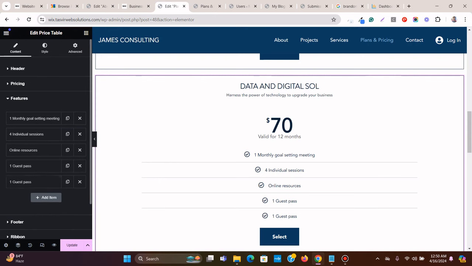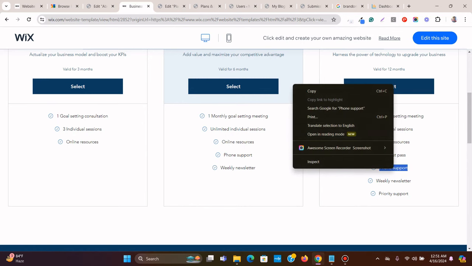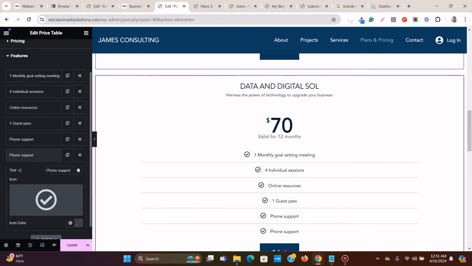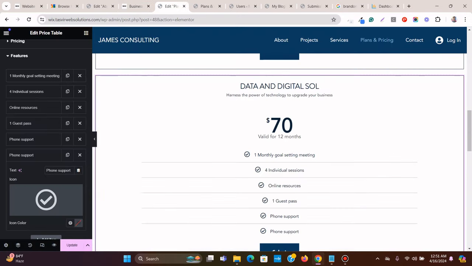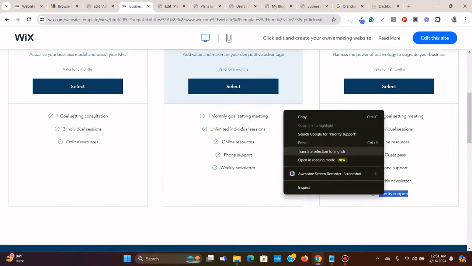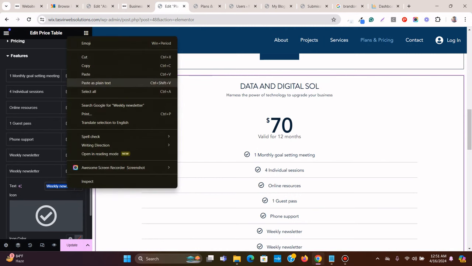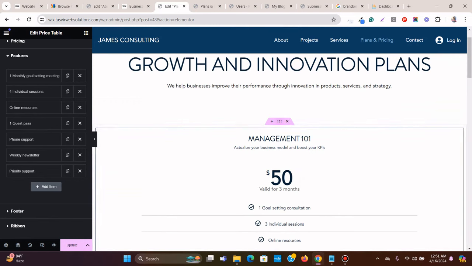Okay. Duplicate and copy paste. Okay, great. Now simply click on the section